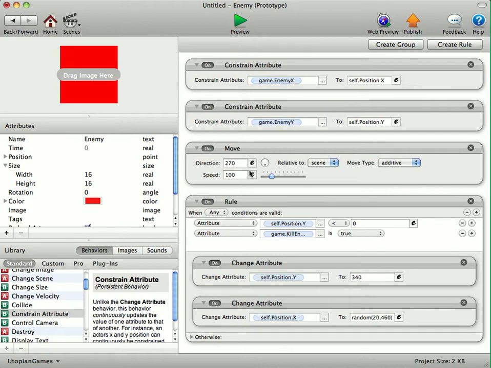And then simply we're moving down at a speed of 100. Doesn't really matter if you use scene or actor for this. I've just put the scene on there. And the last rule here, we've got any. So you just notice there you can have all or any. So if any of these two rules here are true, then it'll spark off these two ones at the bottom